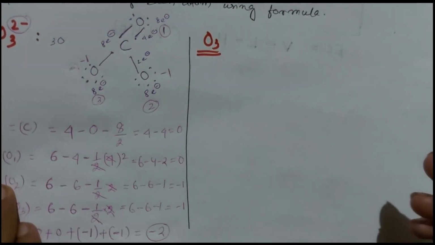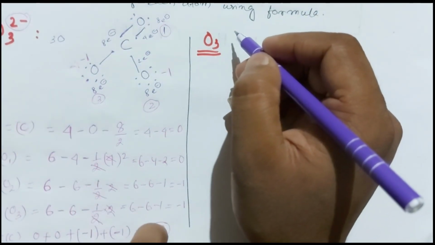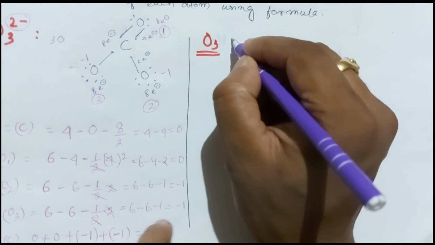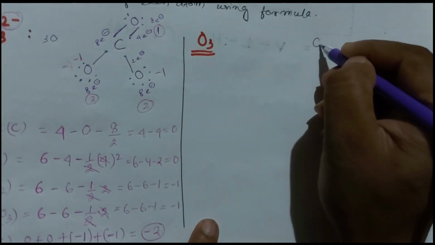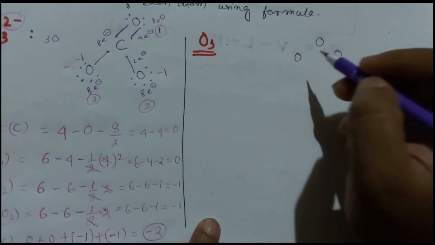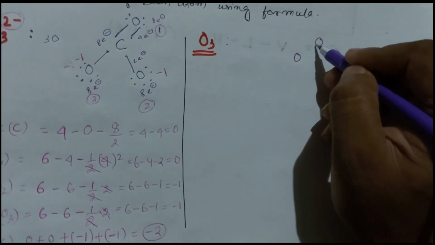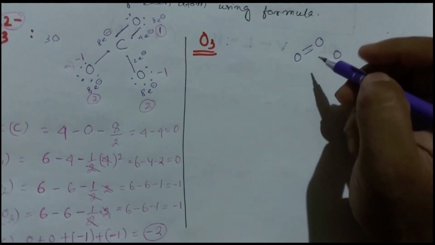So likewise, we have to calculate the formal charge on ozone. First thing, we have to draw the structure. There are 3 oxygens, so we will write 3 oxygen. One oxygen is bonded to another oxygen with a double bond. Okay, now